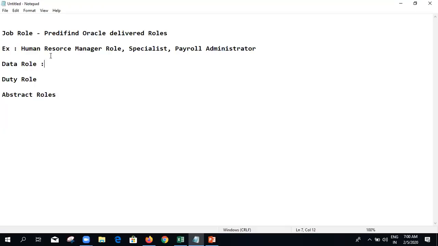Whereas with data roles, as the name itself suggests, each role will contain certain data. Why are data roles important? When we hire an employee in the system, let's suppose I am implementing this Fusion application for Reliance Industries.